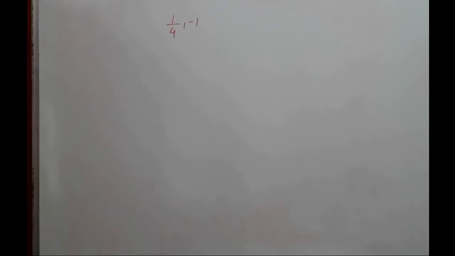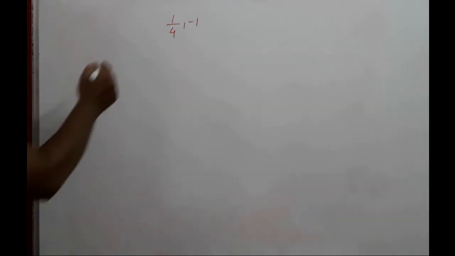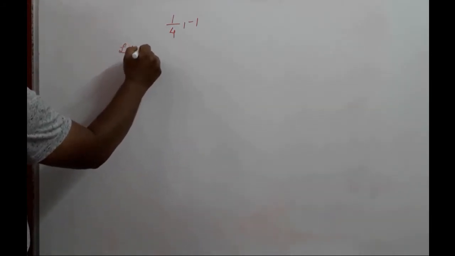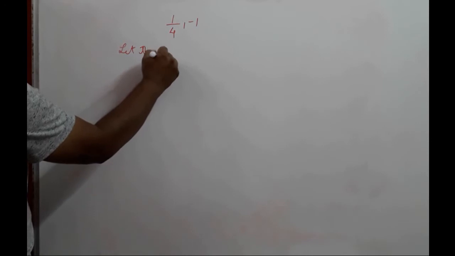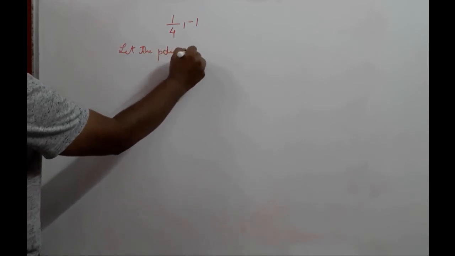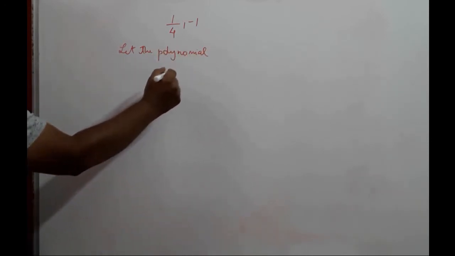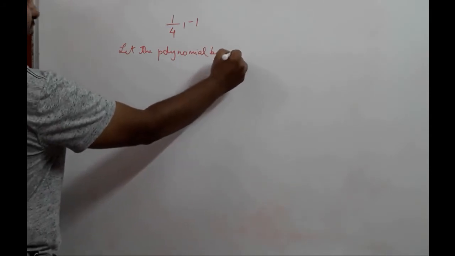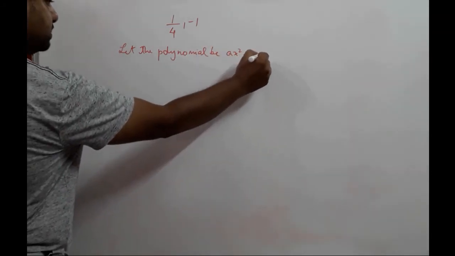So our first example is 1 upon 4 comma minus 1, that is our question. Now these are the zeros of a quadratic polynomial, and we have to find that quadratic polynomial. So let's begin with an assumption. Let the polynomial be in the standard form, that is ax square plus bx plus c,